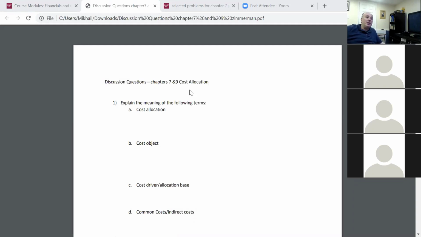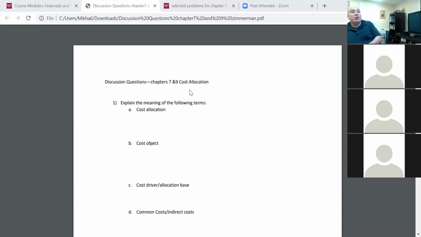But the dean is more complicated. Let's say the dean costs $300,000, or $250,000, whatever that might be. How do you allocate this cost between these 3 programs? Why do you want to allocate that cost? Because the dean is there and needs to be paid.